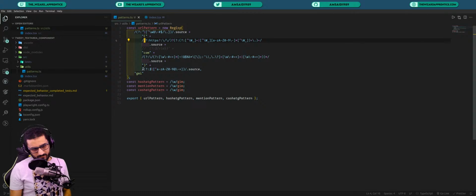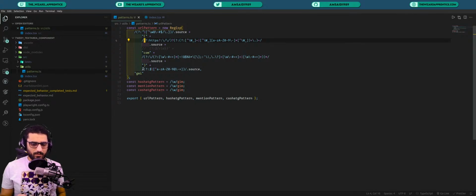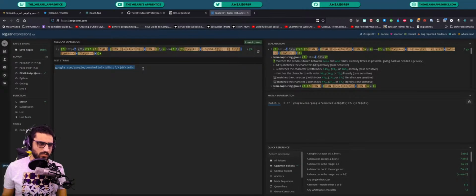However, we're not done yet, because what we need to do is include in the pattern the characters that are allowed before and after a URL, because some characters are allowed, others are not. There are characters that, if you've added them before or after a URL, might end up making the entire thing